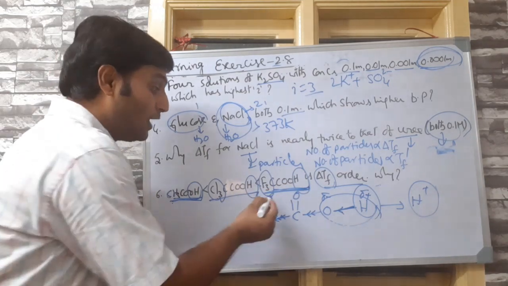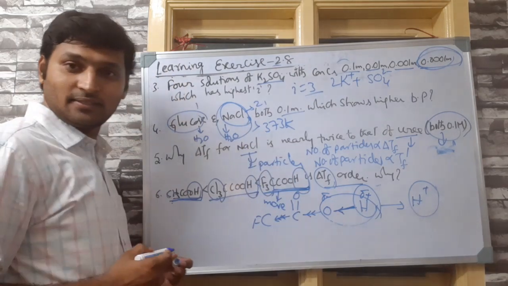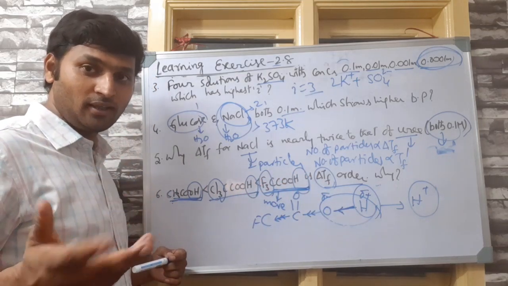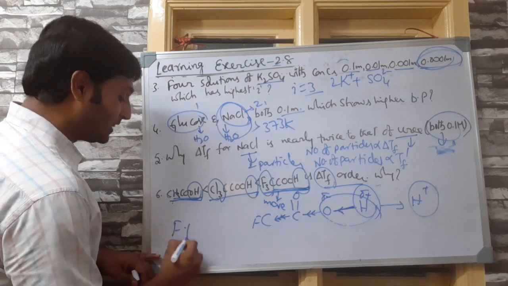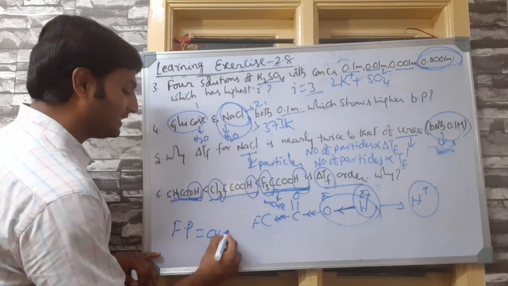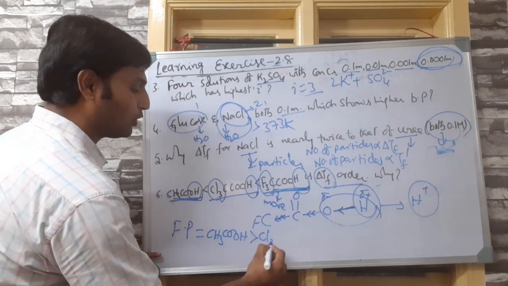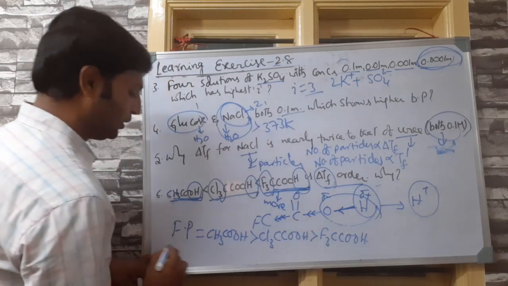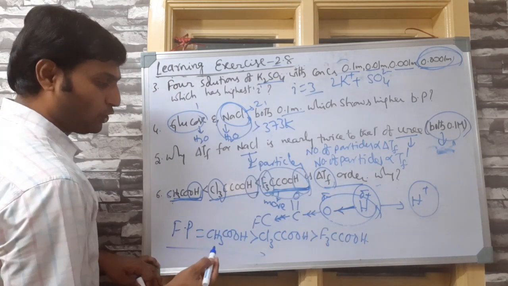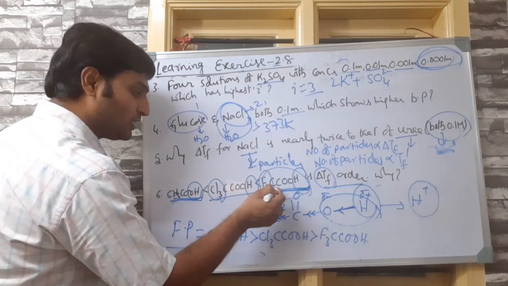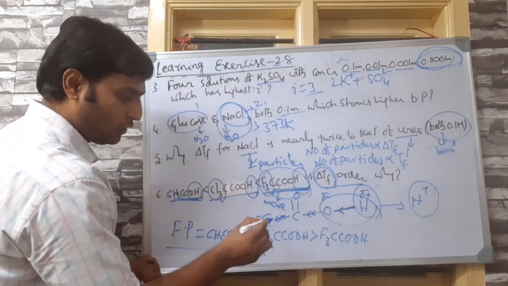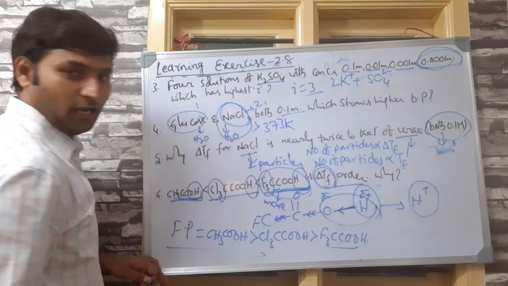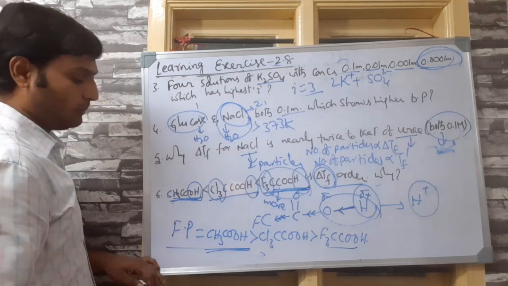Being the strongest acid, it produces more number of particles. When it produces more number of particles, the delta TF value also will be more. Now when delta TF value is more, the freezing point order will be acetic acid greater than trichloroacetic acid greater than trifluoroacetic acid. Please remember this very clearly. So, depression in freezing point will be highest for trifluoroacetic acid because it is the strongest acid and produces more number of particles. Depression in freezing point is a colligative property, the more the number of particles, the more the depression. Because depression is highest, freezing point will be lowest. Because depression is lowest for acetic acid, freezing point will be highest for this.